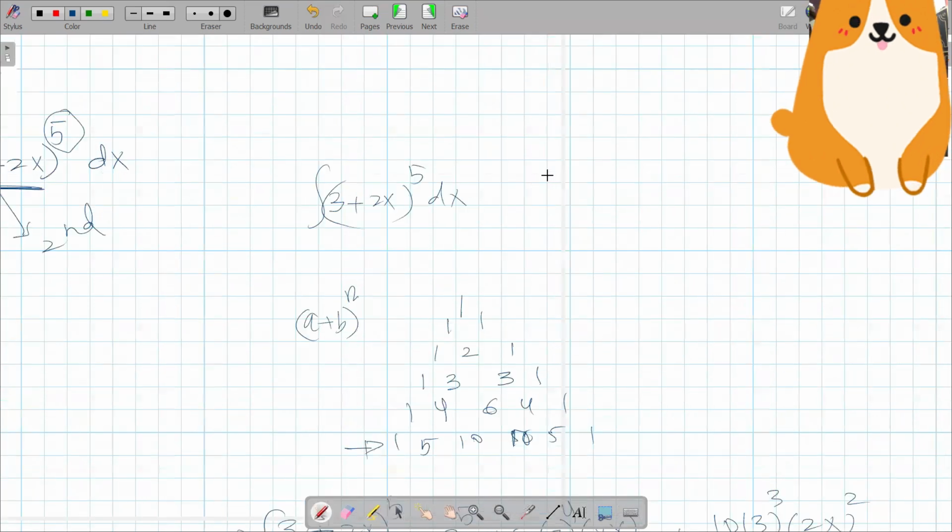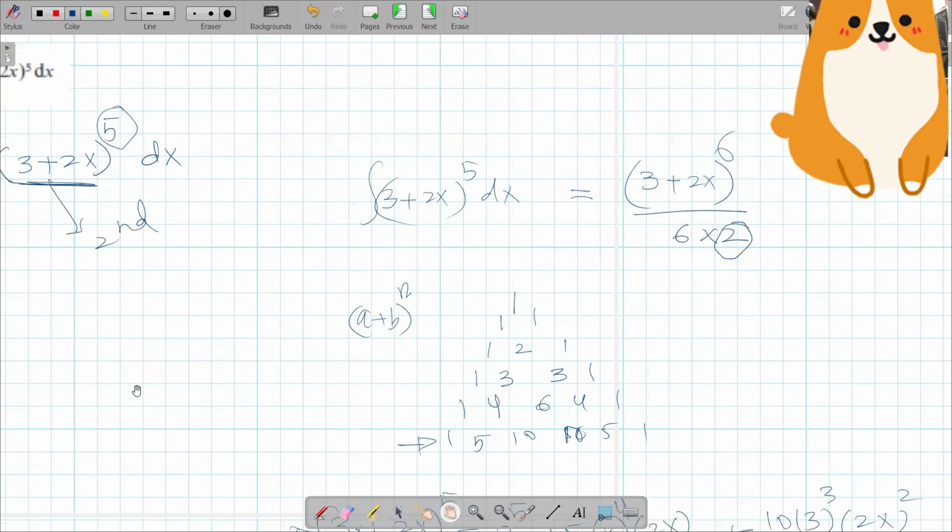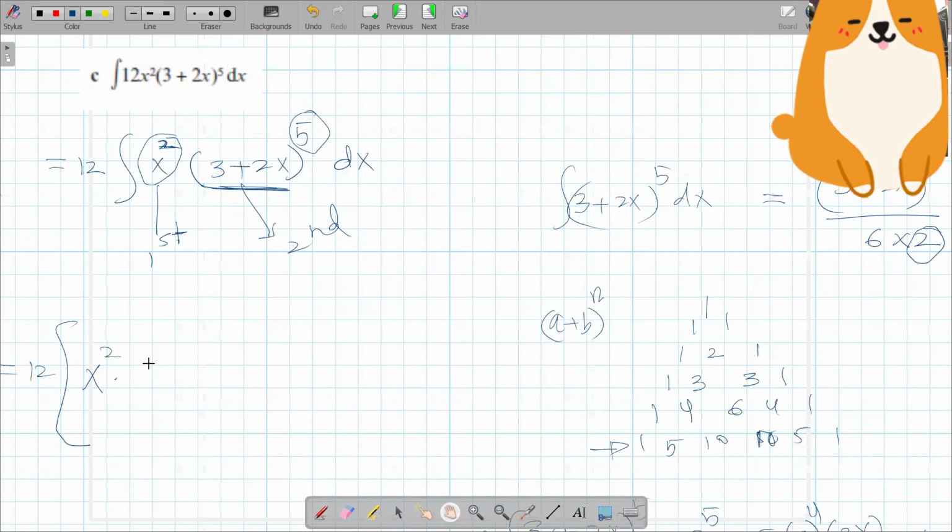It is the same thing to the power 6 over 6 times 2. Exactly. The derivative is not present, so we need to divide it. So the antiderivative of the second function is (3 plus 2x) power 6 divided by 6 times 2,